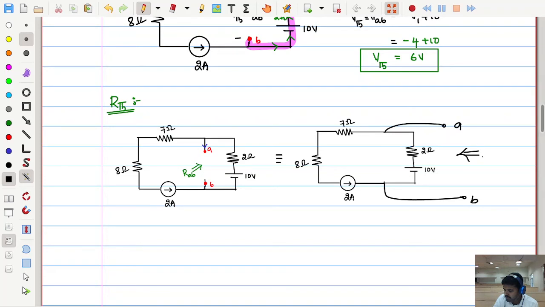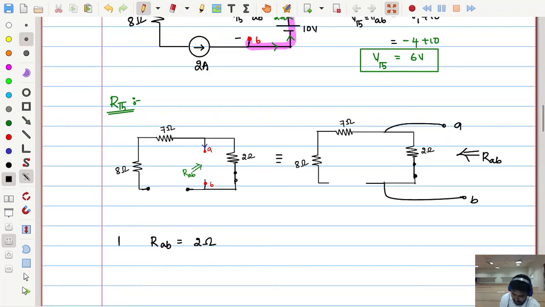Now how much is the resistance RAB when all sources in the network are made 0? How can I make the network sources 0? If there are any current sources, what we need to do? We should speak: voltage sources are replaced by short circuit, current sources are replaced by open circuit. So now I replaced voltage sources and current sources by their respective equivalents of 0 values. Now tell me how much is the resistance between AB?